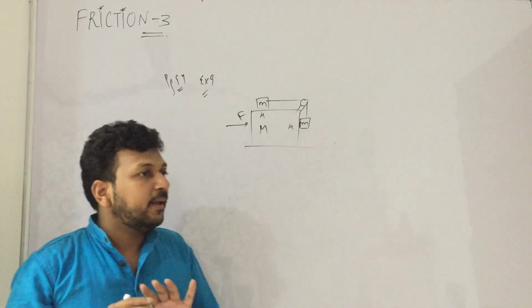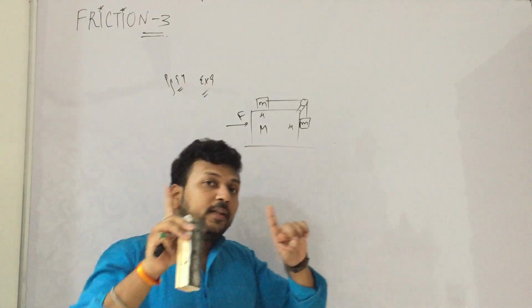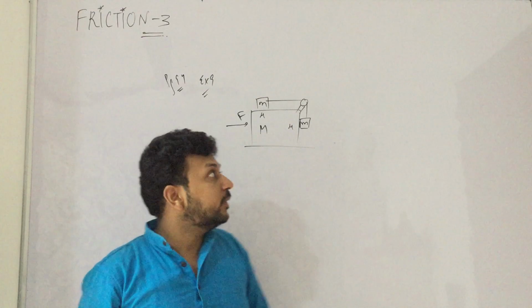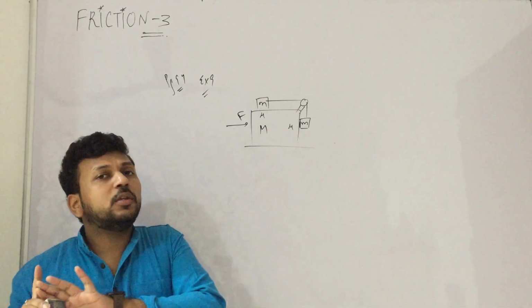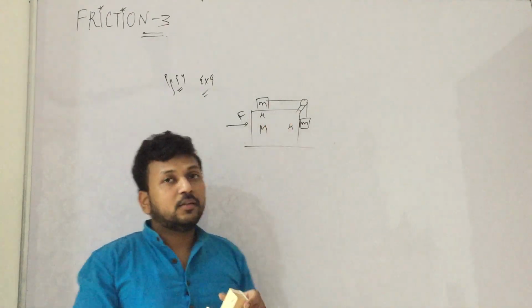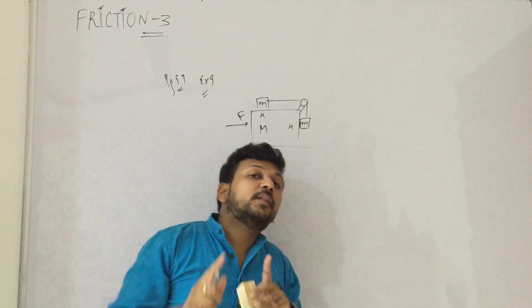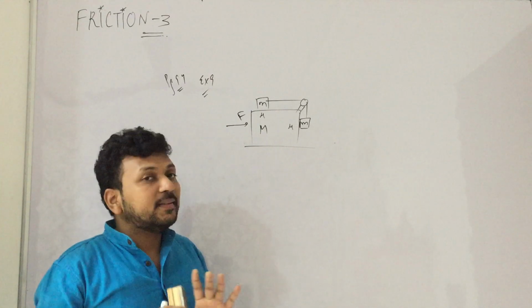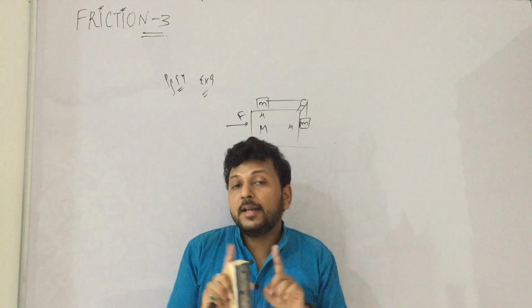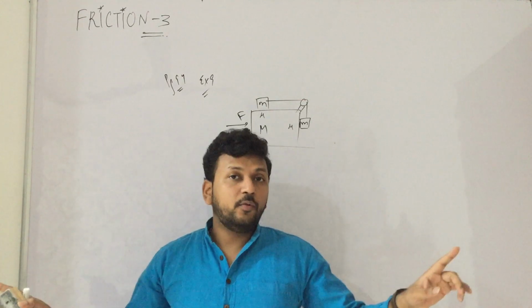See, if we apply very little force, what is the tendency of this? It will go down. So if it is going down, the friction will act in the opposite direction to stop the motion. But if we are pushing it with so much force, then by inertia we can say that this small m has a tendency of moving backwards, and then friction will be in this direction. This is the concept in this question. Otherwise everything else is the same. In the question it is written there is no relative motion, but there is a tendency to move. They are just on the verge of moving.